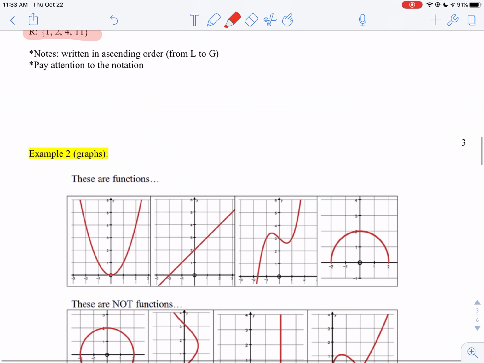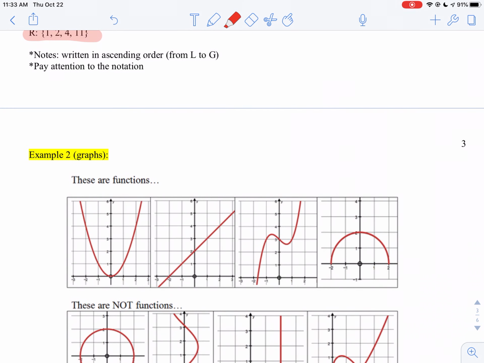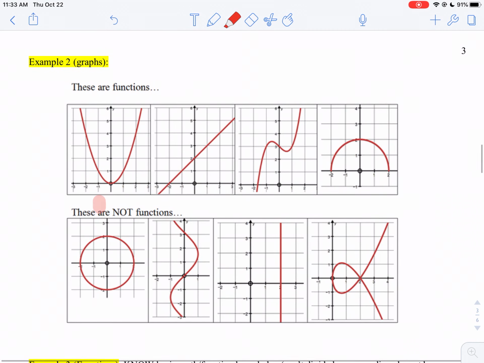One of the easiest, quickest ways to tell the domain and range is when you know the graph of a function, you don't have to do any algebra. You can just look at the graph and you will know what the answer is. Okay, so we don't even have to think about this one here,